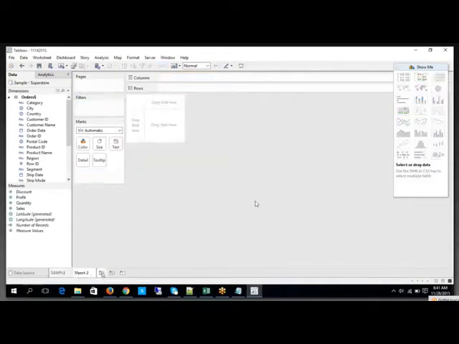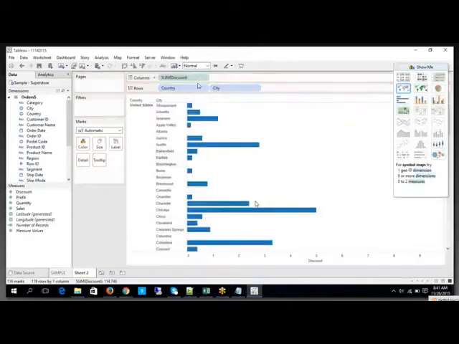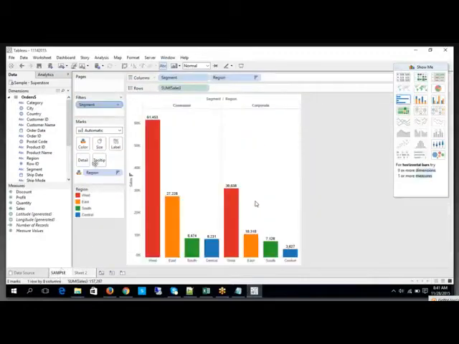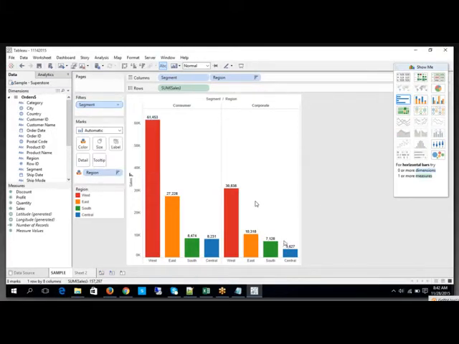If I go ahead with another sheet, look at this, now at the sheet level, what happened? See, selected worksheets. This selected worksheets option will come into the picture whenever you have multiple worksheets. If you have only a single worksheet, it never comes into the picture.